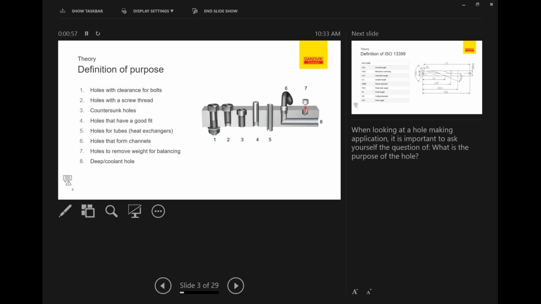So when we're drilling, of course, first thing we've got to look at is what type of holes. There's all types of holes. There's holes for clearance, screw heads, countersunk holes, holes with tight tolerance that need to be reamed, maybe some heat exchanger type holes. So we really need to approach it and look at what type of hole we're going to be producing, what kind of tolerance is required, what kind of depth is involved. So that's one of the first things we look at when we